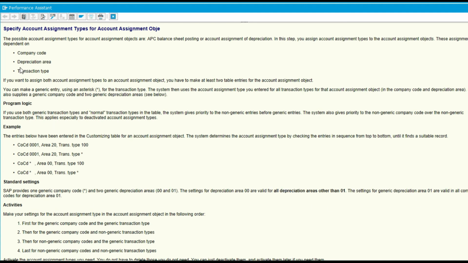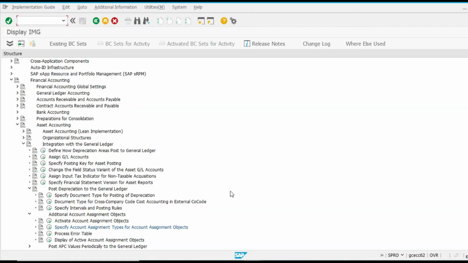But this is not used by us because we are not maintaining the controlling area depreciation key, so no need to assign this one.